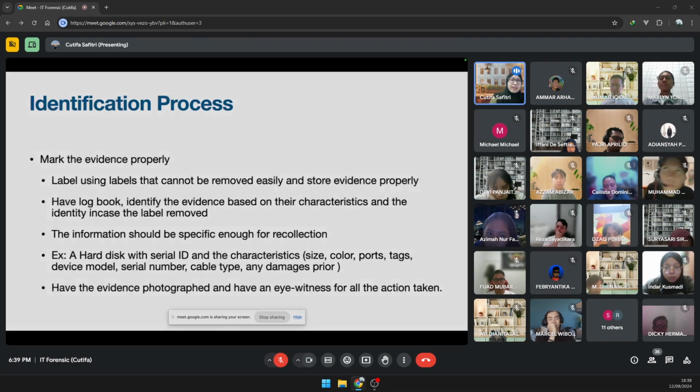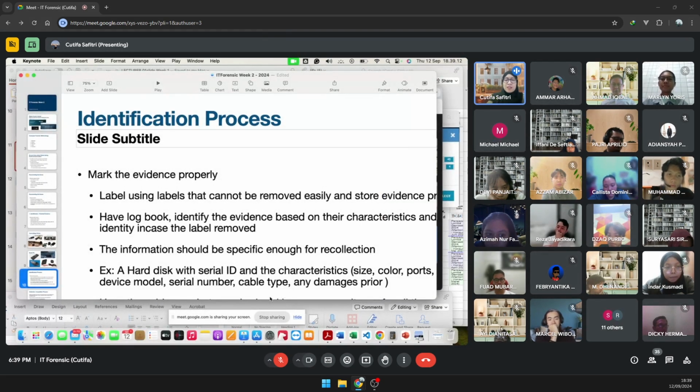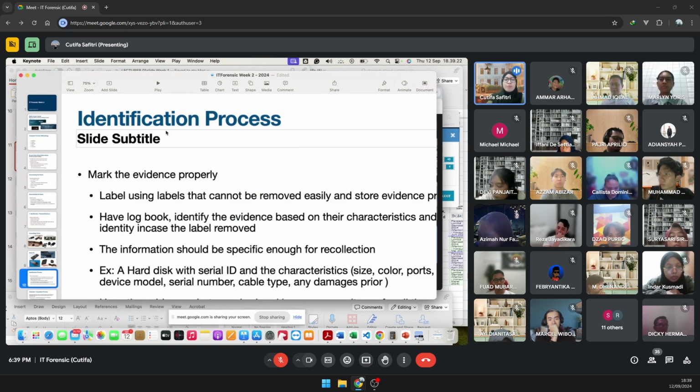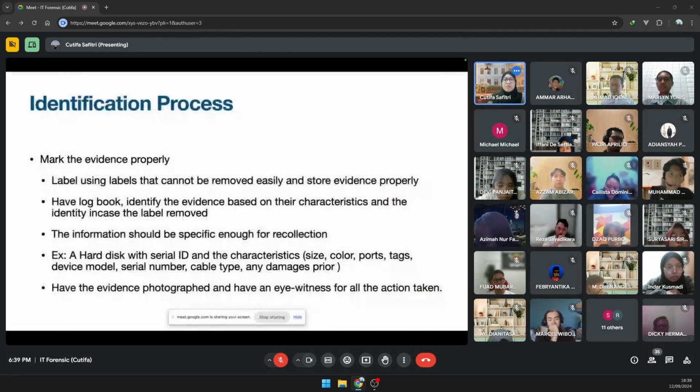So for example, rather than saying you found one gray laptop, you have to say you found a laptop with specification, serial number, with the dent, with this, with that. So you have to give the characteristics. The information should be specific enough for recollection, meaning that an investigator will not be investigating only one case.